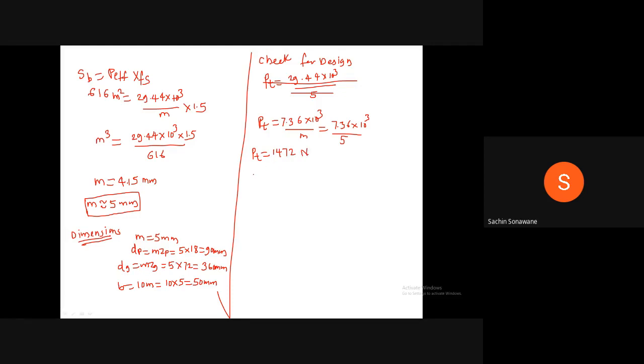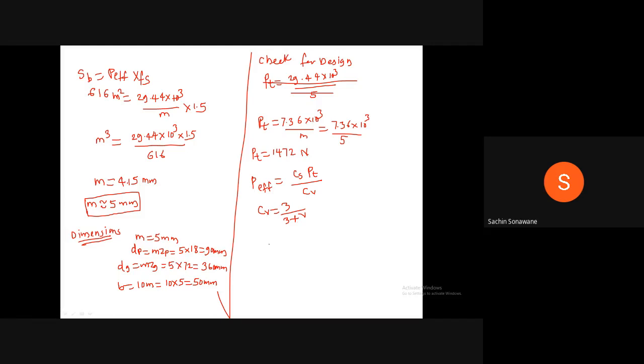Now calculate the value of P effective. P effective is equal to CS PT upon CV. Now here you have to calculate CV again. CS value will remain same, but CV value you have to calculate again. CV is equal to 3 divided by 3 plus V. Now always remember, once you calculate module, we have to calculate the actual velocity. Here at this stage, don't assume the velocity.